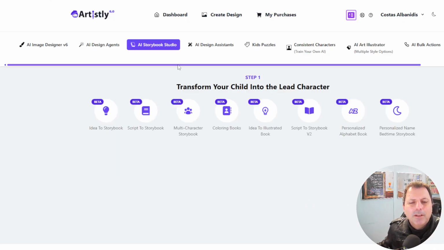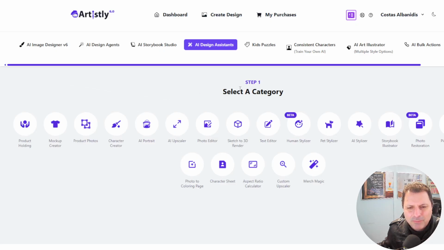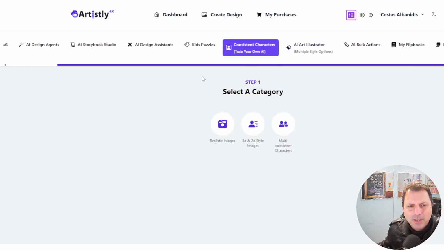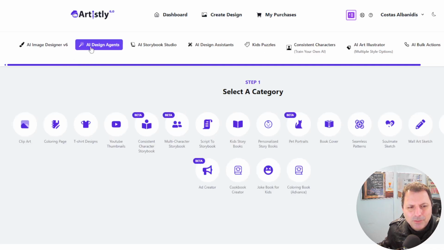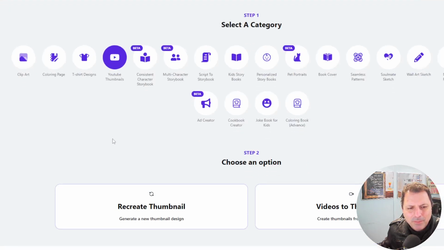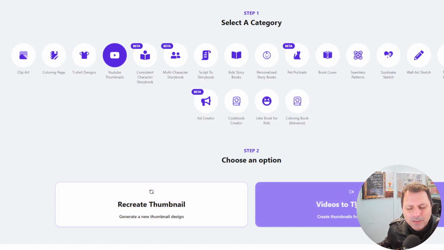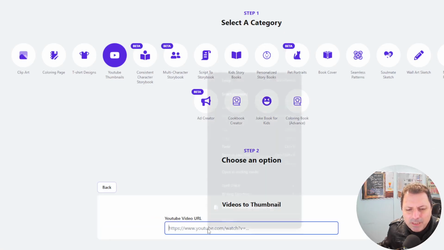Here you have the AI Storybook Studio. It's really amazing. You can do crazy stuff with this amazing tool. But at the moment, I just need to use the AI Design Agent, and I'm going to find here the YouTube thumbnails. Now I'm going to go to videos to thumbnail and just paste here